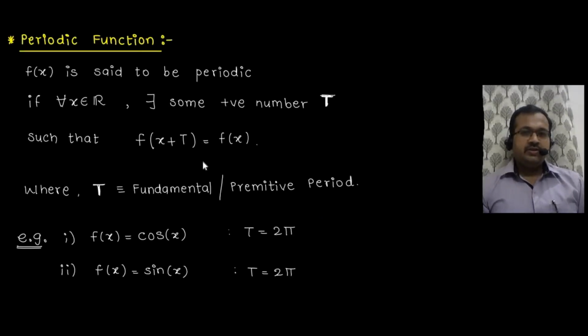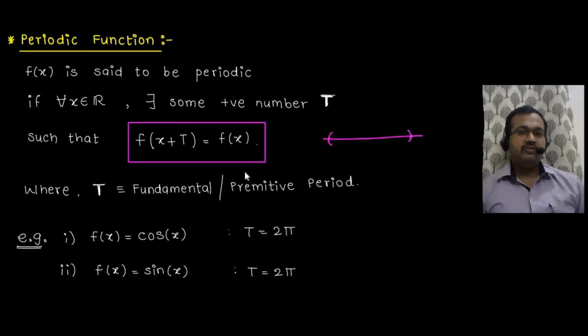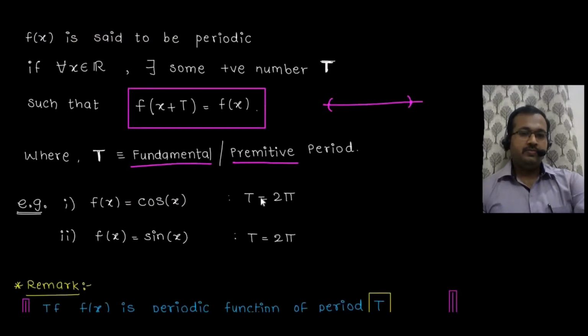Any function f of x is said to be periodic if for all real variables x, for the given function f of x, there exists some positive number T such that f of x plus T is equal to f of x. So this represents that your function is periodic, where that positive term T is known as the fundamental or primitive period of that function. For example, trigonometric functions cos x as well as sin x are periodic functions whose period is 2 pi. So for getting an idea about the periodic function, let us consider the graph of